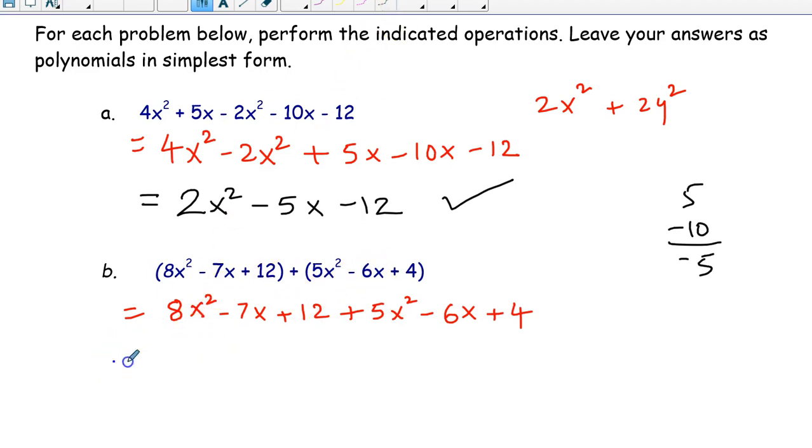Now in the next step, like we did before, copy the like terms together or group the like terms. Rather, 8x squared,